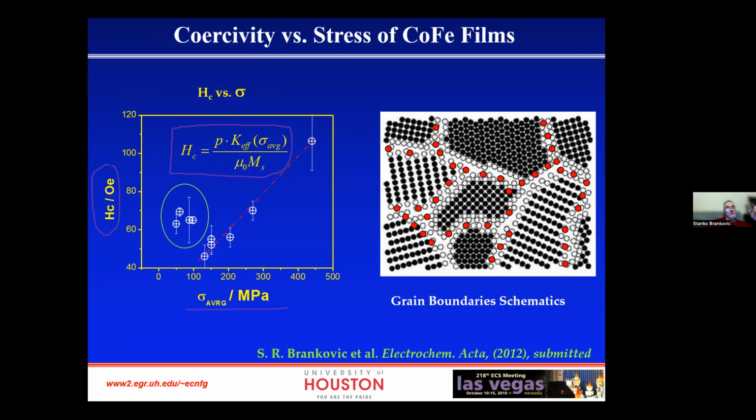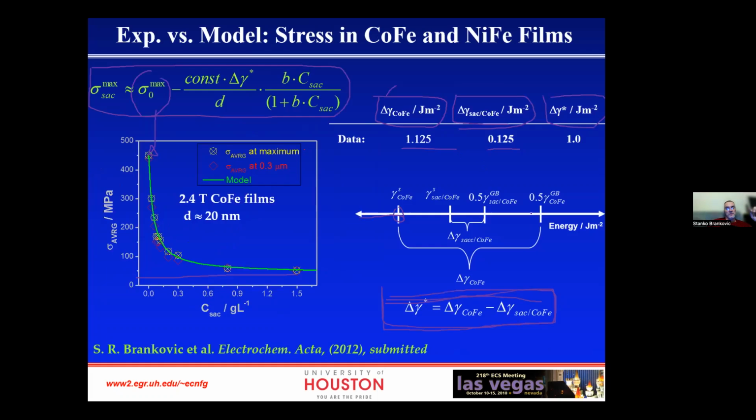Or actually, sorry, not decrease, they increase the energy of the grain boundaries with respect to the existing energy of the grain boundary, which is for the clean film. Why? Because they somehow do not allow formation of the bond, because the molecule gets trapped in between two atoms and it prevents the bond formation in the grain boundary. So connectivity of the atoms in the grain boundary is poor when you have molecules trapped at the grain boundaries. And that results in this shift, actually an increase of the grain boundary energy in the presence of the saccharine